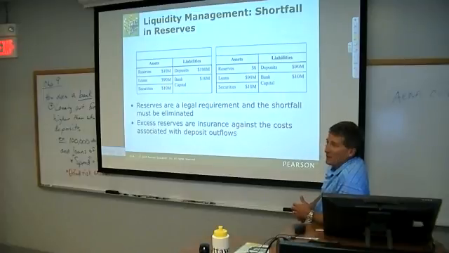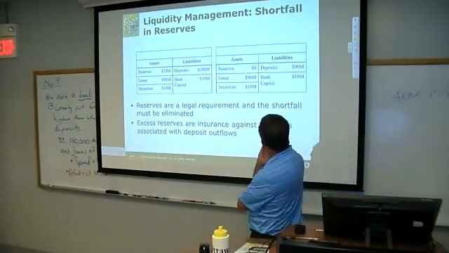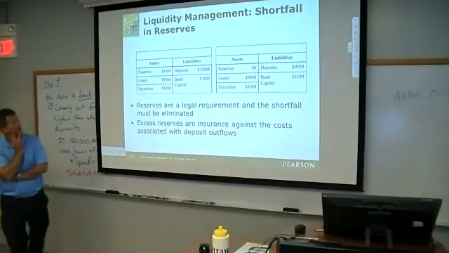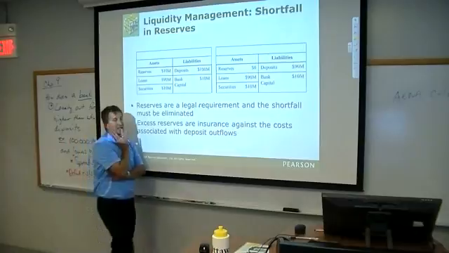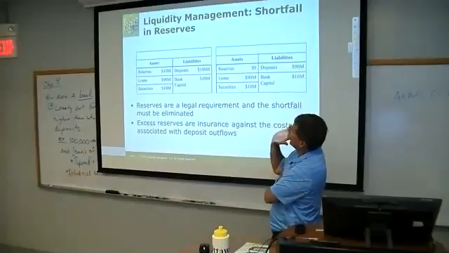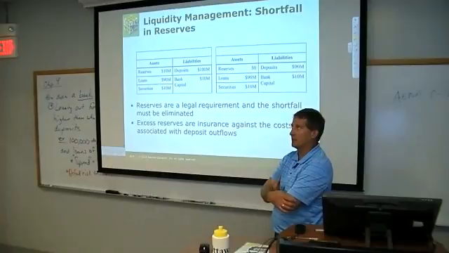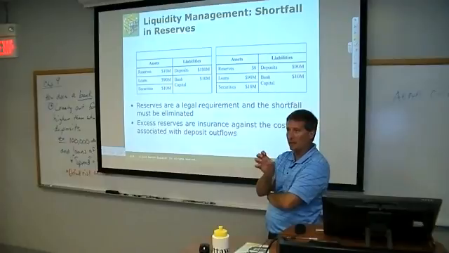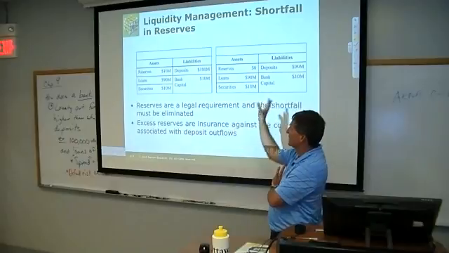What needs to happen here? Covered by the government? No, not necessarily. It could be. There might be some things we can do. How can we get back into good graces with the government? So the government could be involved, I guess. What you said isn't necessarily wrong, but it's not just going to be automatically covered, like the government somehow automatically does something. The bank has to take some action here.